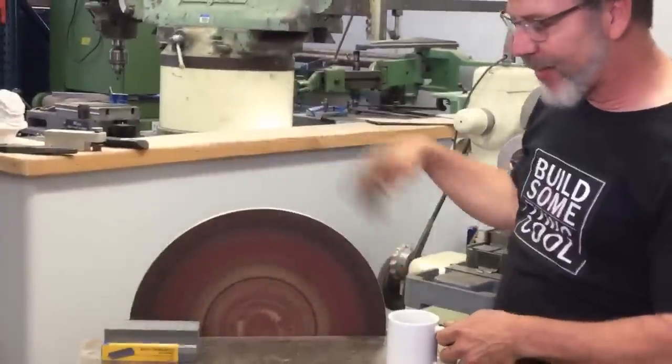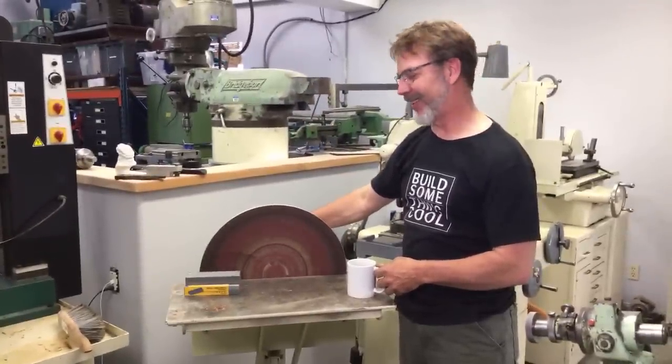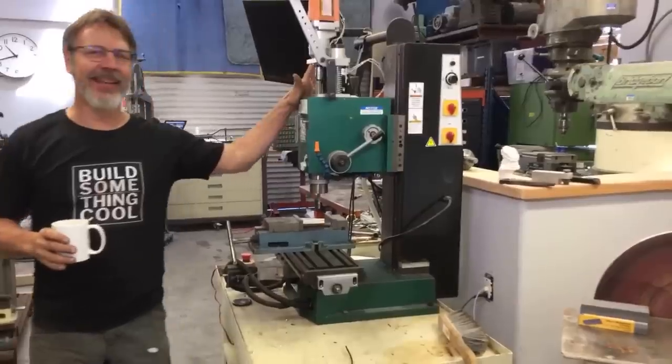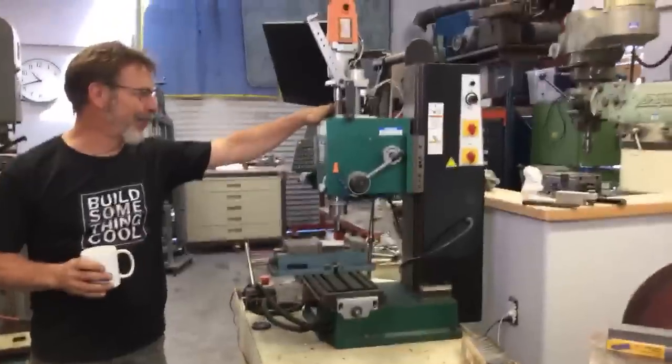Okay, over here we have the 18-inch homemade disc sander. When you have to do disc sanding, guys, 18 inches is the way to go. Now here's one of the fun purchases: this CNC milling machine. Now it's a homemade, home-brewed machine,